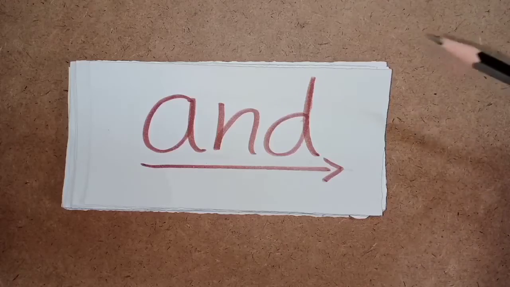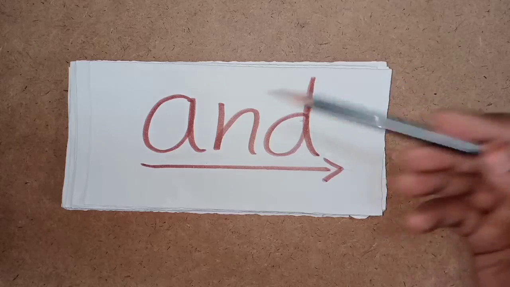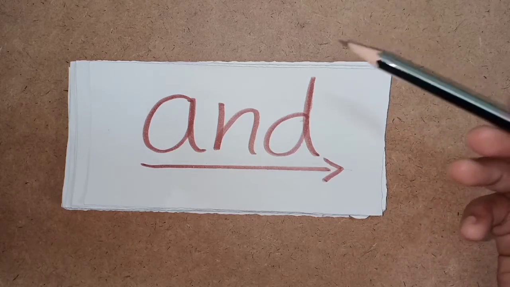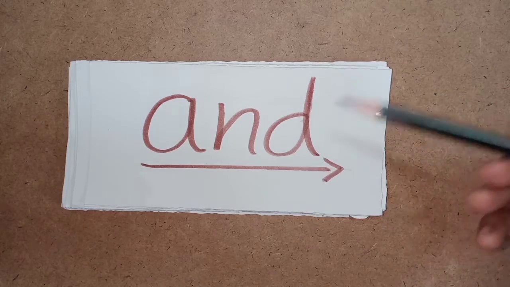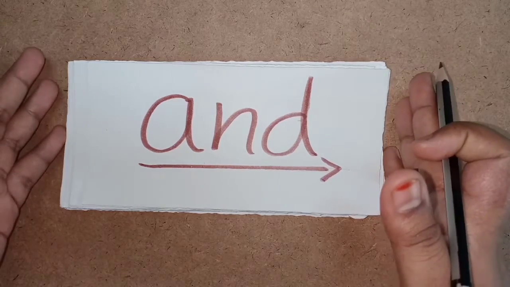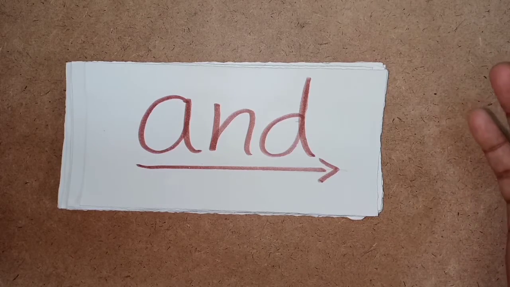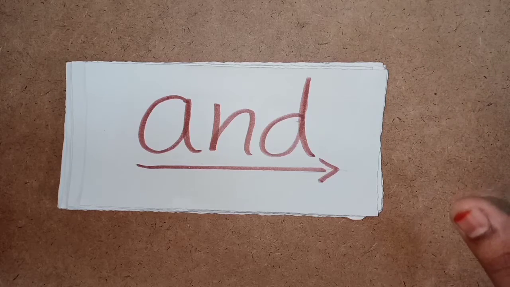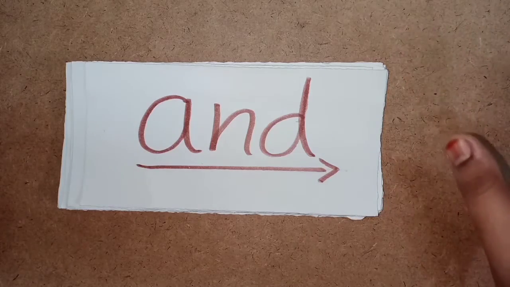And these sight words will help our children become faster, fluent readers. And all these sight words are not spelled the way they sound. That is why we have to memorize these sight words. We have to make our children memorize these sight words. And today we are going to know how to teach. We are going to learn how to teach our children sight words in 5 steps. Very easy steps. We can make our children learn sight words very easily and very soon.